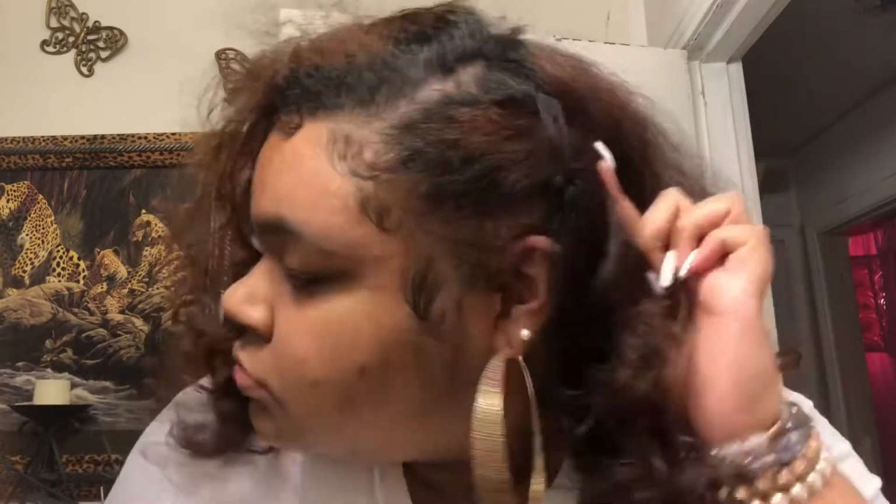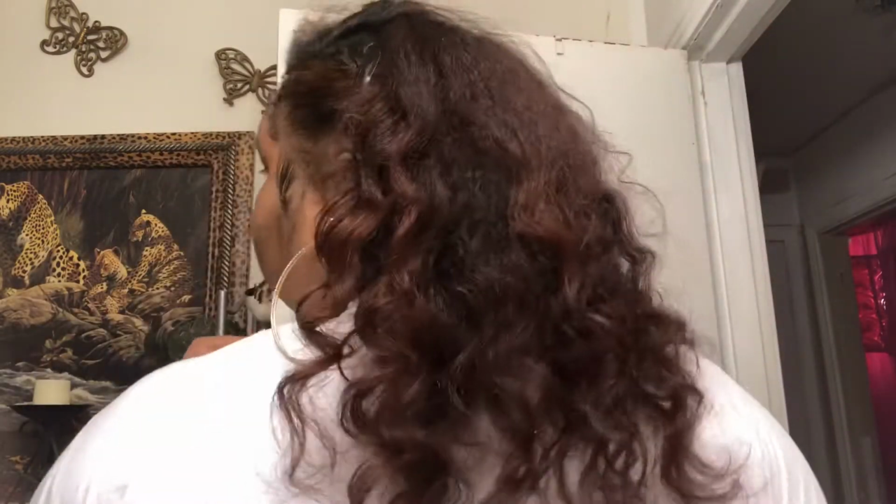Hey you guys, if you would like to see how I went from this simple blowout to this super cute heatless wand curls by using bantu knots, then keep watching and I'm gonna show you how I lay my edges too. Okay, to start off, the first thing that I'm going to do is split my hair down the